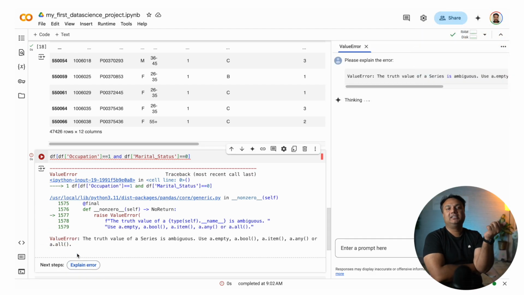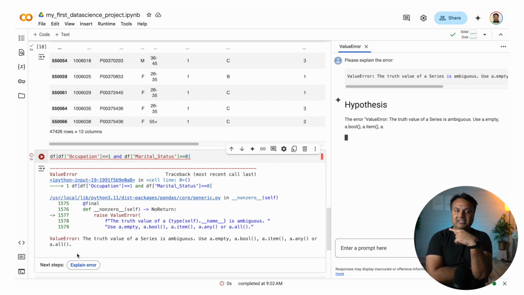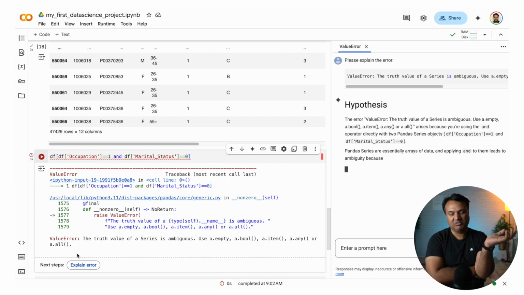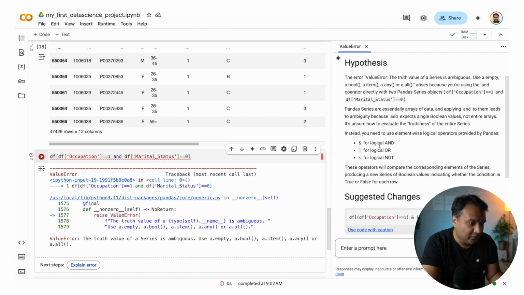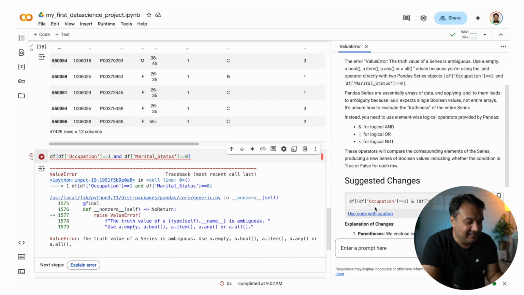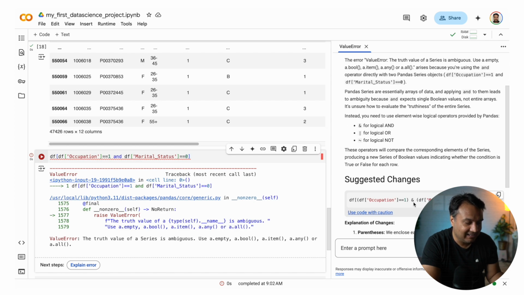The good thing about this is that you don't have to go to ChatGPT in a separate window and copy paste the code. It can just do things right here in the same window. So now it gave these suggestions. You have to add parentheses for each condition.